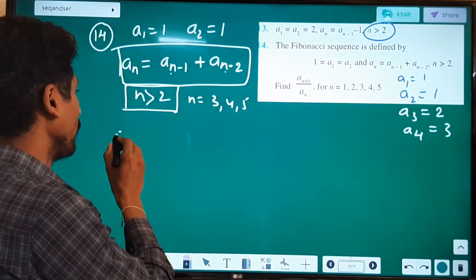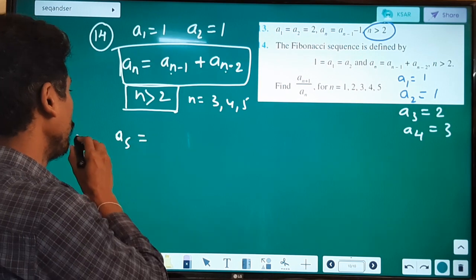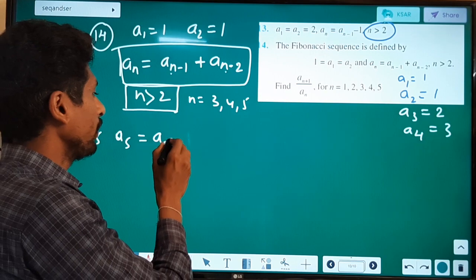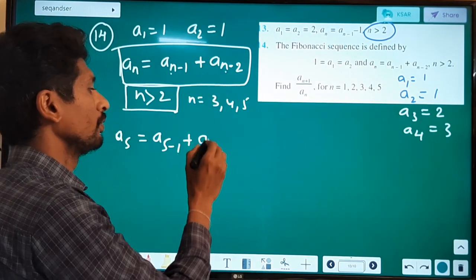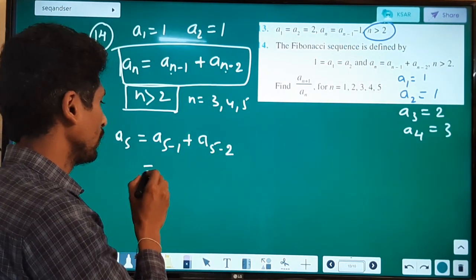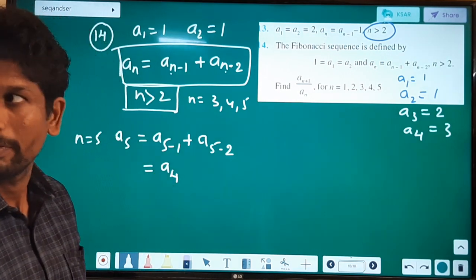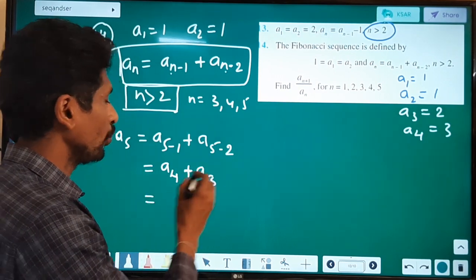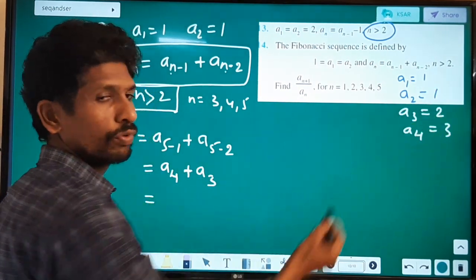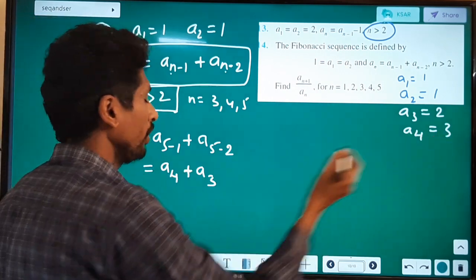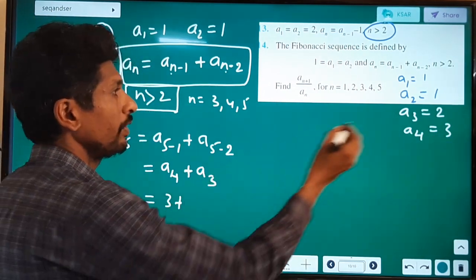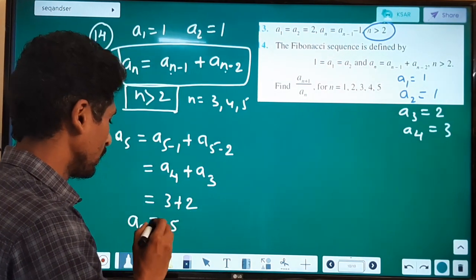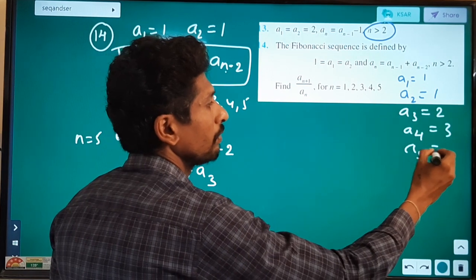Finding the fifth term now, A5. You have to consider n is equal to 5 now. A(5-1) plus A(5-2) is there. From that, we will get 5 minus 1 is 4. Next, A(5-2) is A3 here. As you know the values here, A1, A2, A3, A4, and substituting these values, A4 value is 3 here and A3 value is 2. So therefore, A5 becomes what? 5 itself.